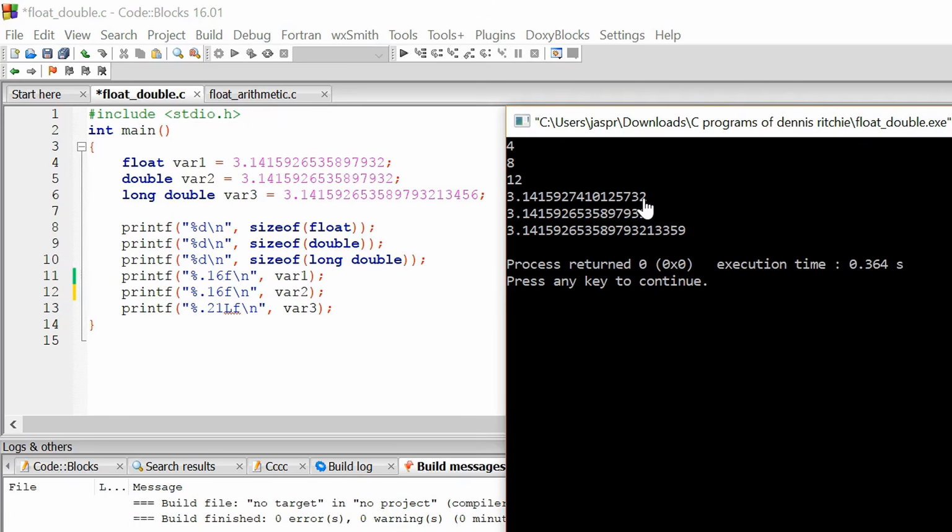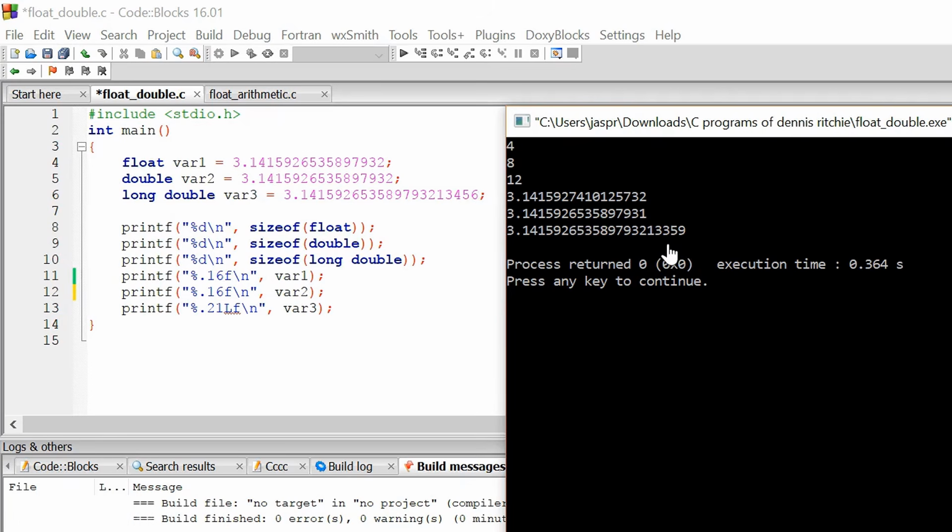Double, as the name suggests, would be able to print fractional values precisely up to 16 digits. Here you can see, up to this point, everything is as it is. But after this, this is 2, and here, this is 1. And that is the major difference. And long double up to 19 digits. Up to this point, there are 17 digits. After that, this is 18, 19. Up to this point, everything is printed correctly, but after that, everything is changed. As you can see over here, there is 4, 5, 6 and here it is 3, 5, 9.